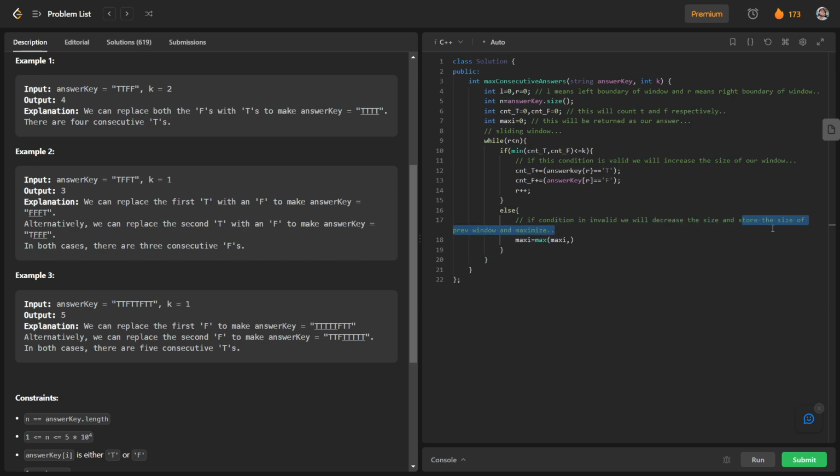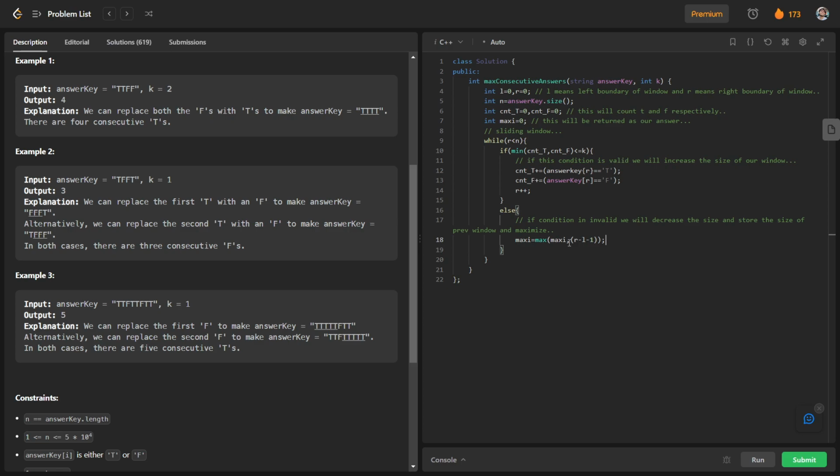The size of previous window will be nothing but r minus l minus 1. So we have taken the size of our previous window and we have maximized it.